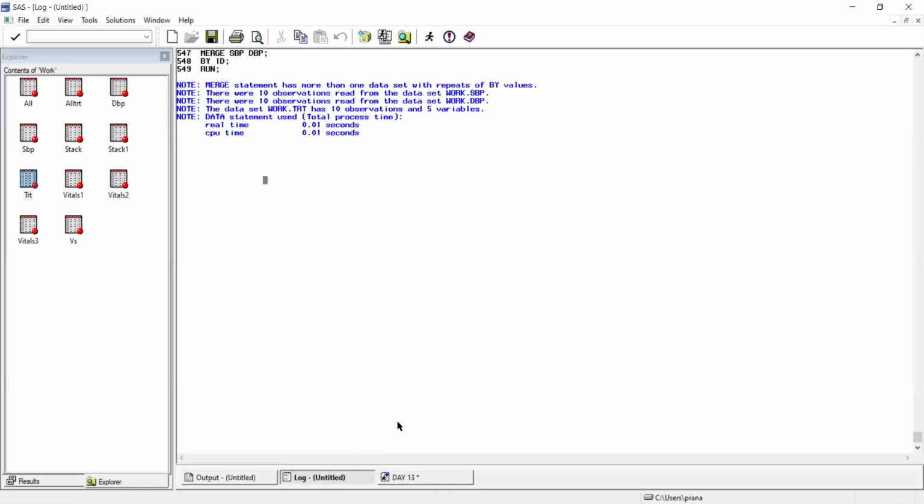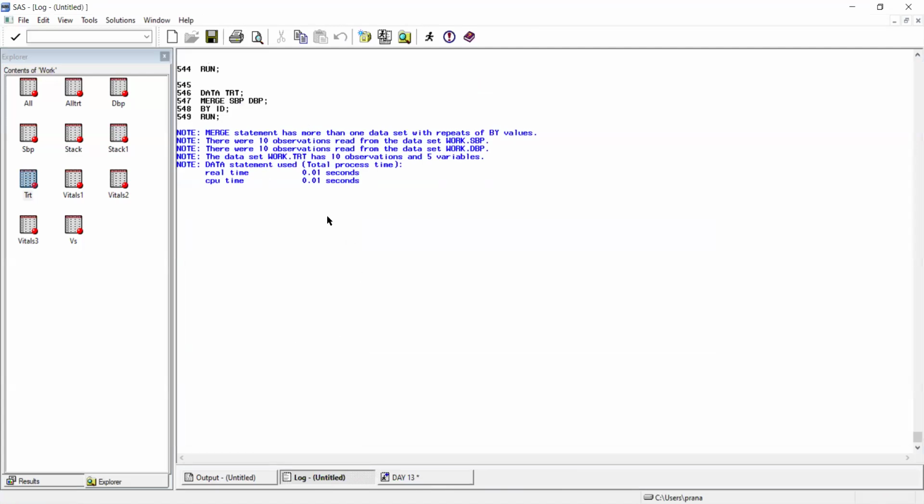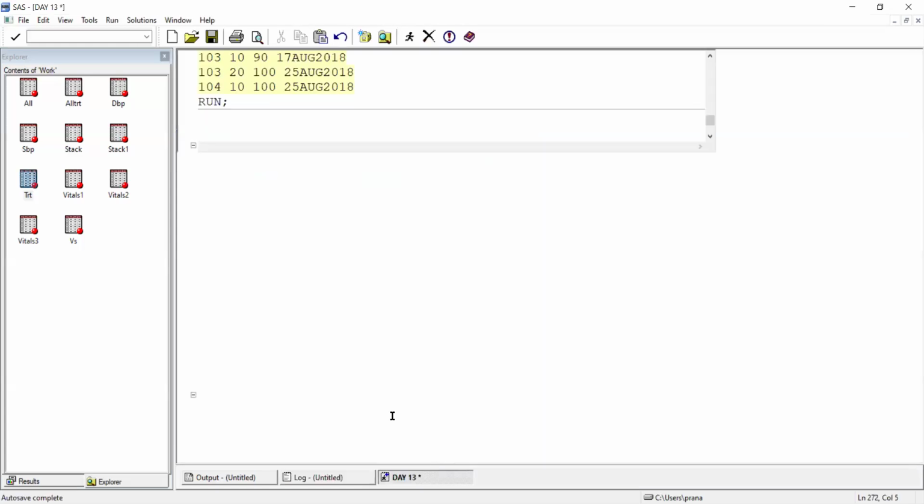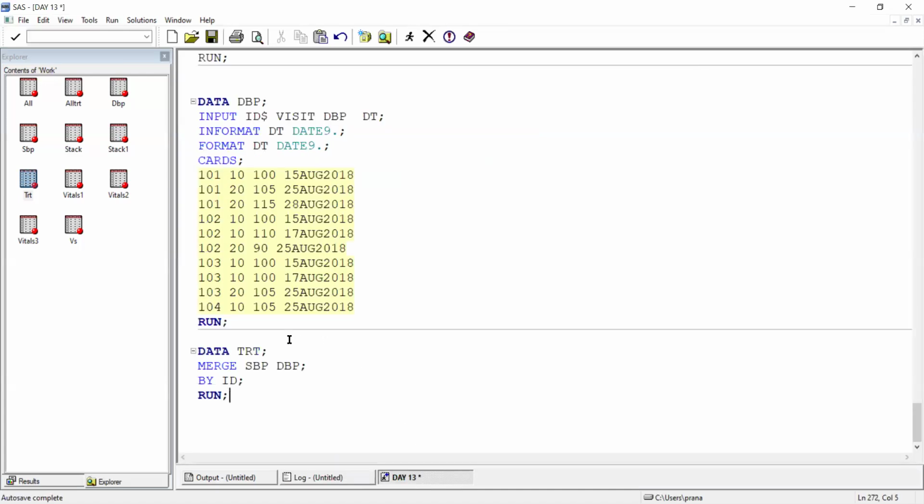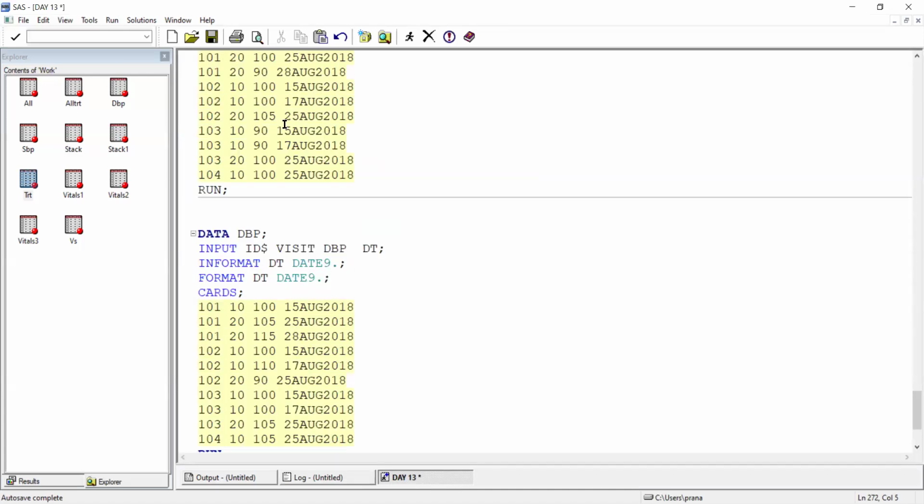Now we can see that we have a note. Merge statement has more than one data set with repeats of by values. This note is not acceptable. Many programmers will have the same issue with this note, that is the merge note. So in these two data sets,